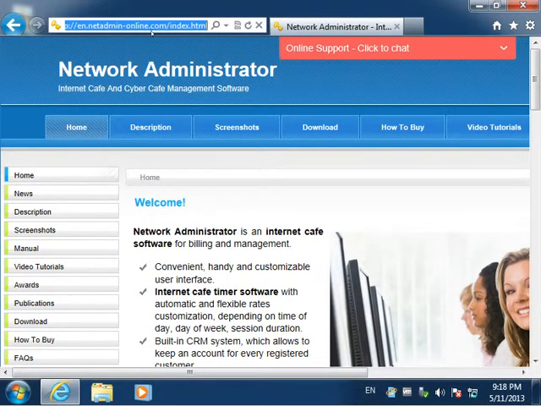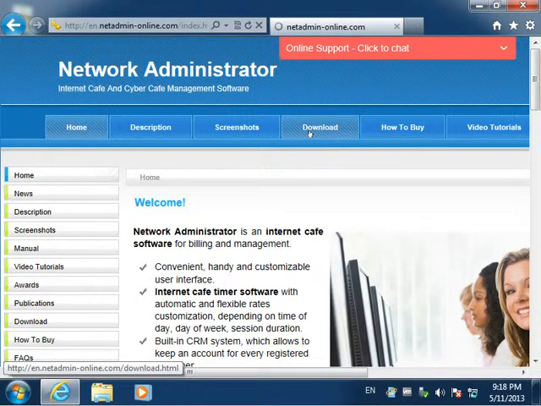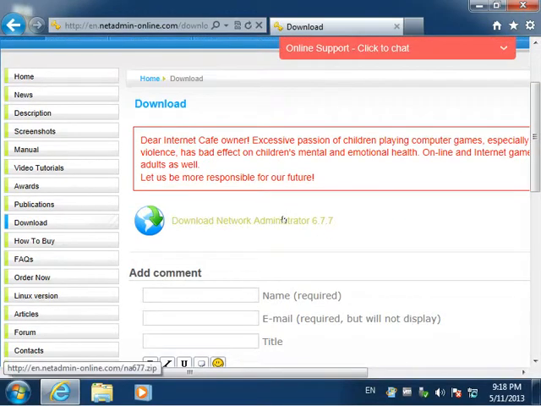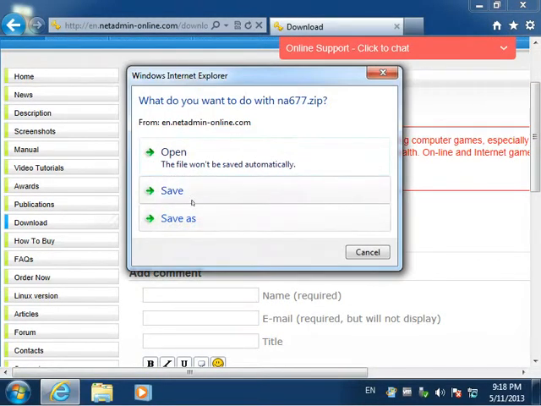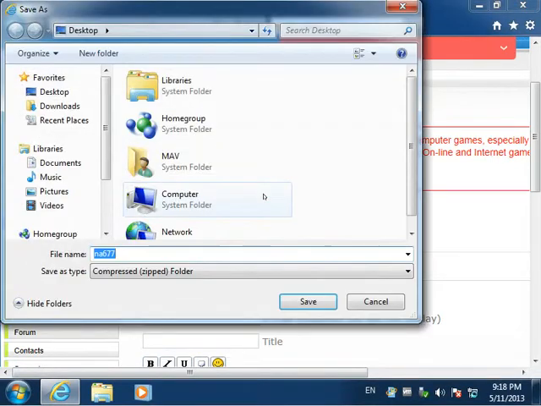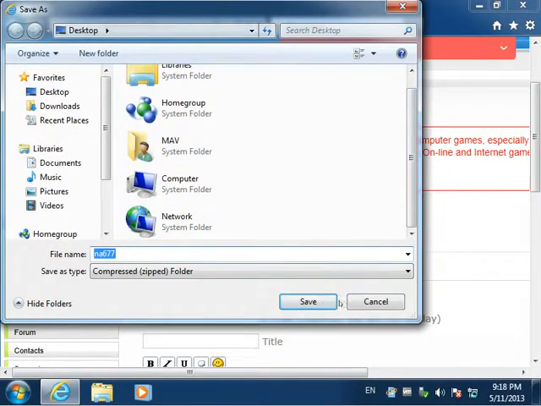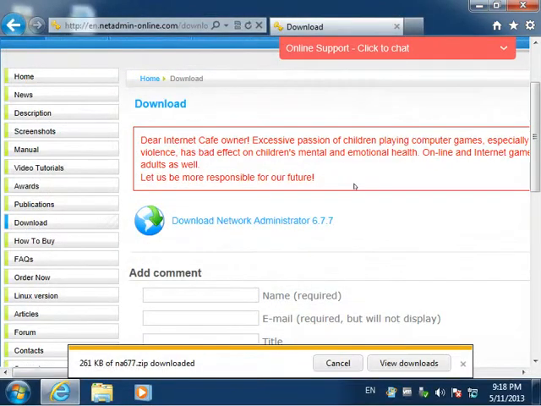So I have already opened the Network Administrator website, which is en.netadmin-online.com. Here we're going to download. If you already did so in the previous steps, you may use the same installer, because NetAdmin software uses the same installer both for the server version of the software and for the client